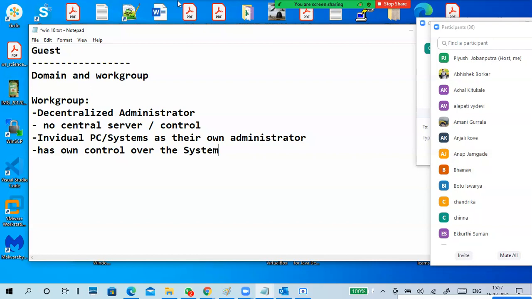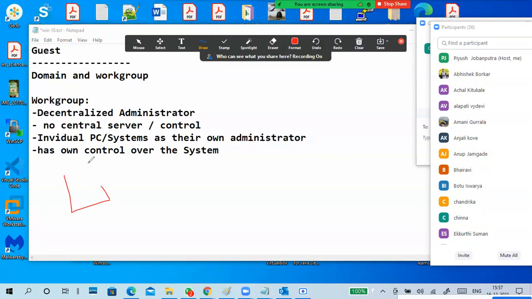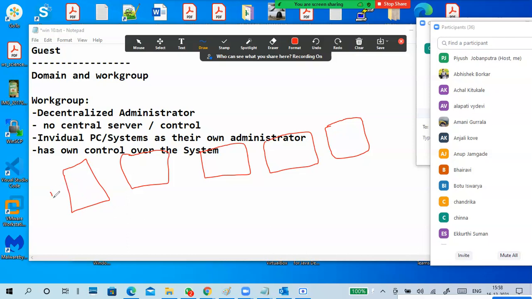Look at here. This is my PC. These are my individual PCs. They are in the network, or may not be in the network. I have an account here. For example, Anjali account is there.